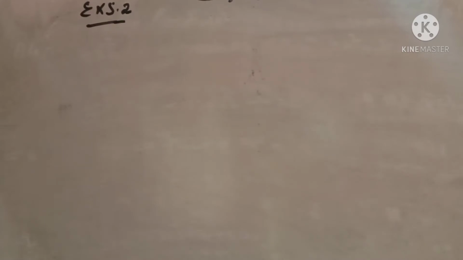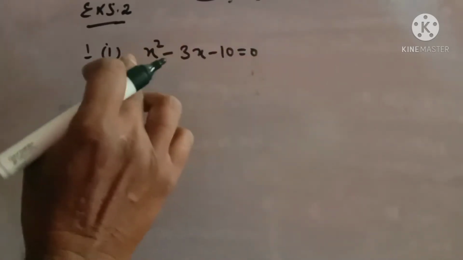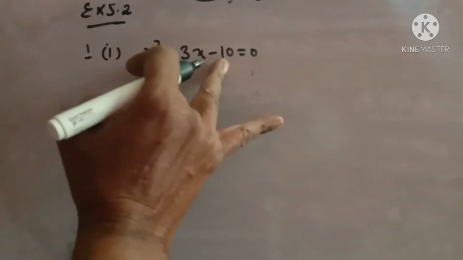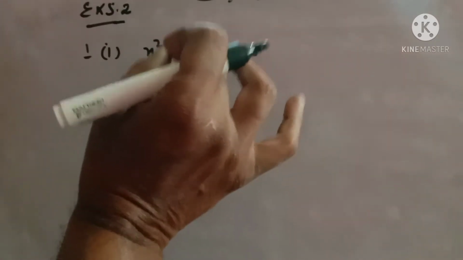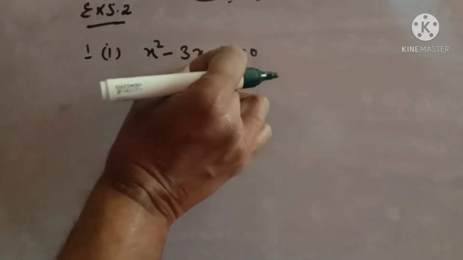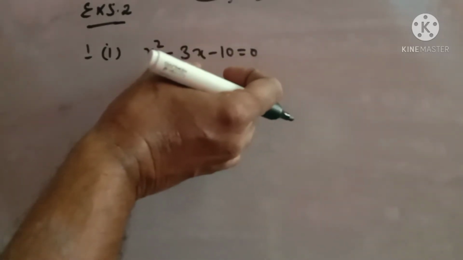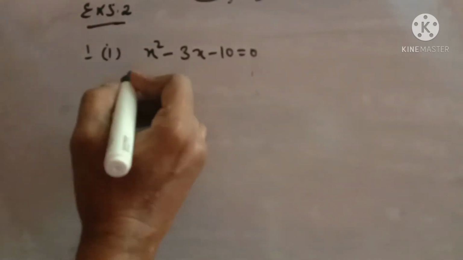Now solving a quadratic equation by factorization. Now factorization we have to see. Here x square minus 3x minus 10. As we know, this is the term A, this is term C. A into C is equal to the product of B. This is the term B. If you add and subtract, if your middle term comes, that means our factorization is going the perfect way.